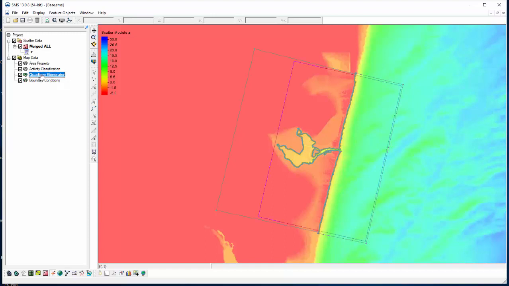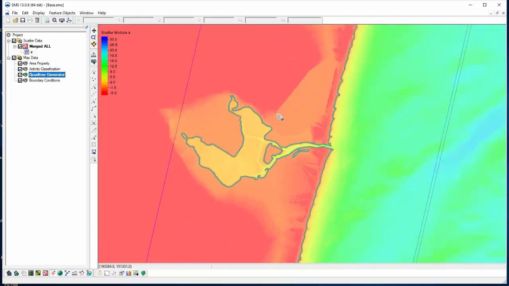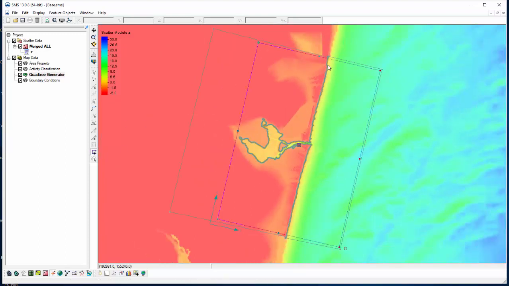Let me give you a little bit of information. Right now, the Quadtree generator coverage, all it has in it is this grid frame. There is this arc that you see here defining the shoreline and the extents of the bay that is not